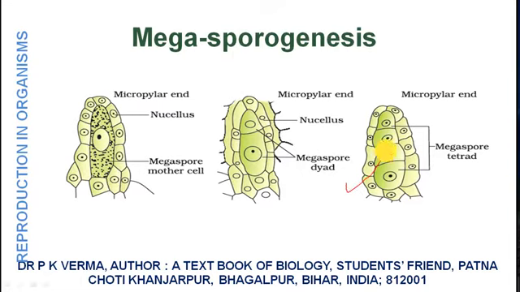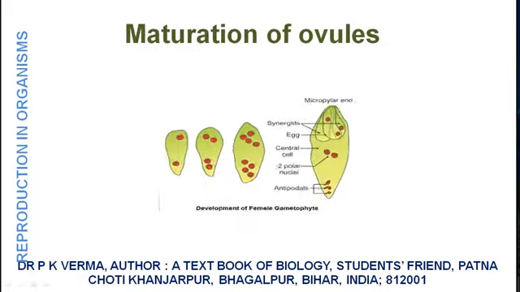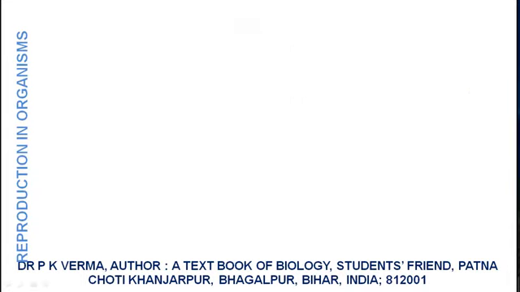In this diagram, the megaspore mother cell is present within nucellus, divides by meiosis to form 2 cells at first and then 4 cells. One of them, generally the largest one, forms the functional megaspore. Now this functional megaspore divides by mitosis, and these 8 nuclei are formed in them. These 8 nuclei rearrange themselves in 3 groups.